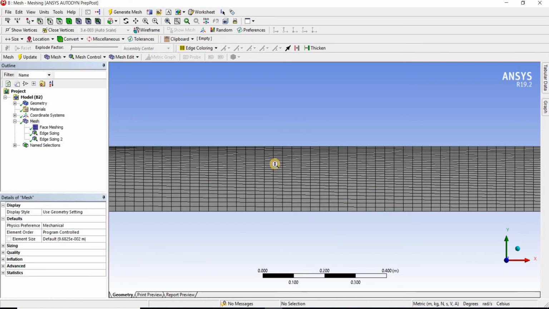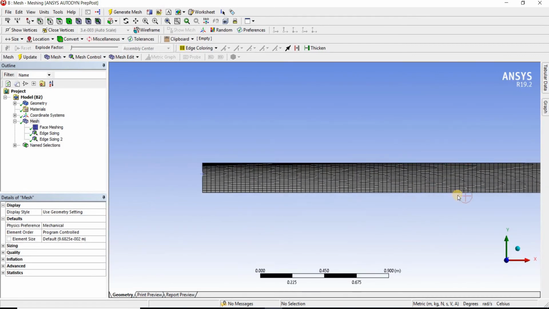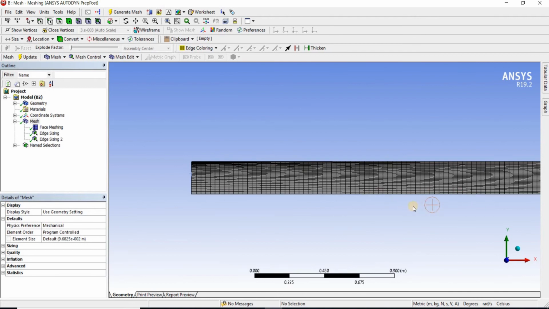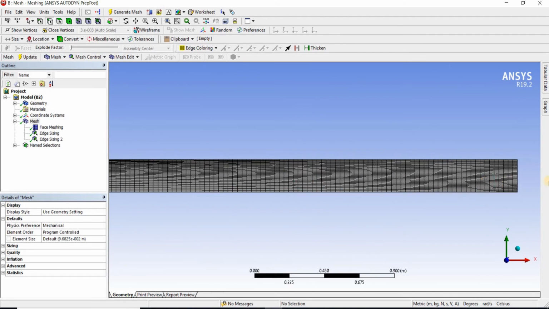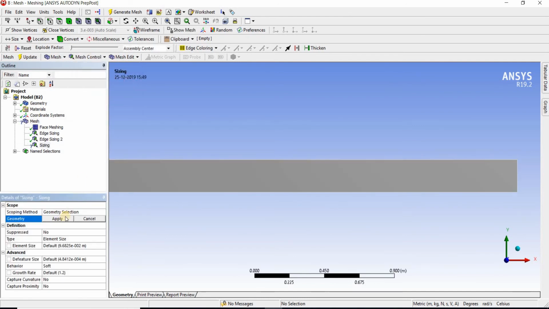You can see there are finer elements, but there is some deflection due to phased mapping. We did not define any mesh on the left edge. So go to mesh control, sizing, click on left edge,